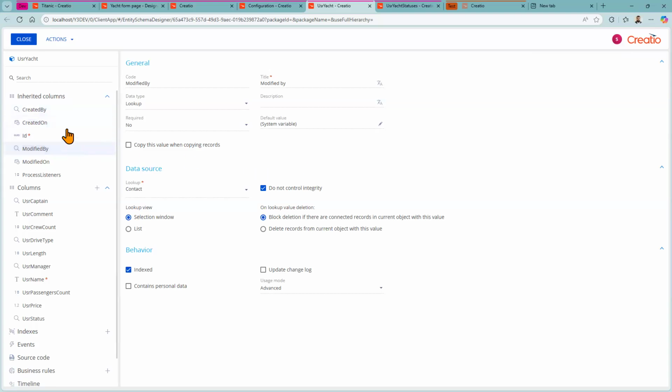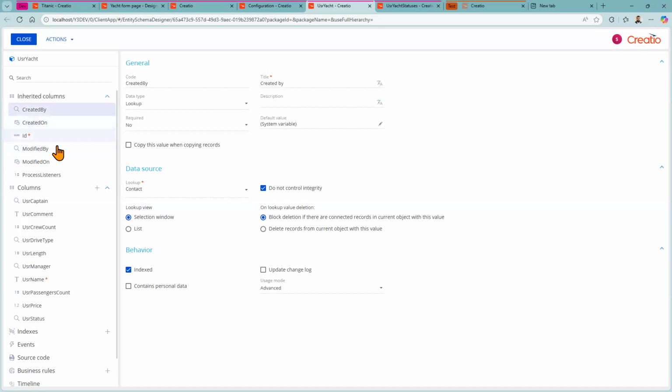So we have over 1,000 different tables already. Almost every one of them has these columns. So if integrity would be controlled with every instance of all these entities, then it will create an extra load for the system. So to optimize performance, integrity for modified by and created by is not controlled, which means that if we would